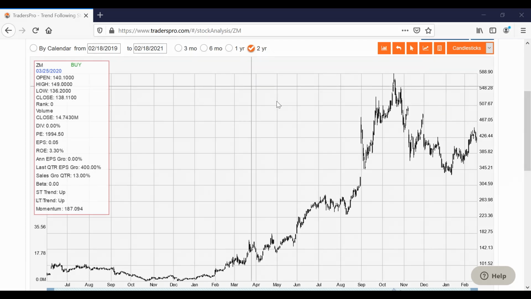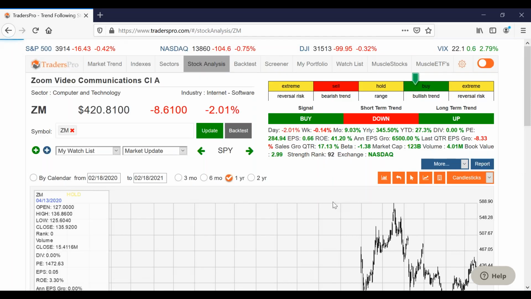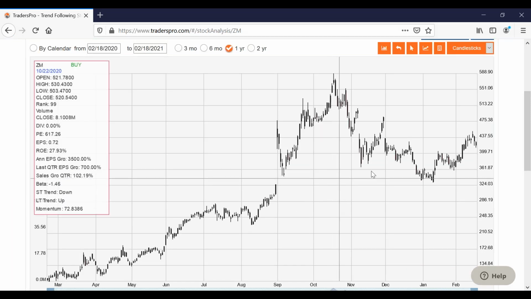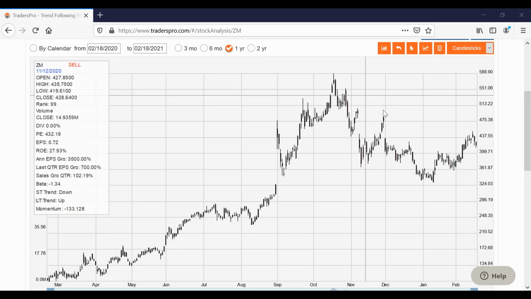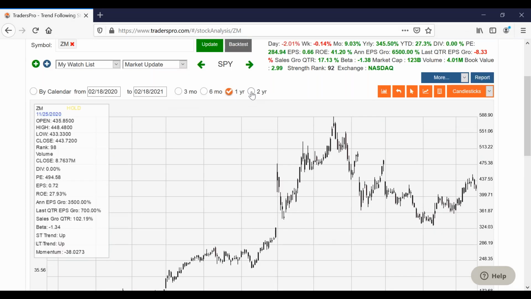Let's go to a 1-year chart on here so we can see a little bit more detail, but not be zoomed out as far. I am looking at this as being wave A, wave B, wave C. Another thing we can add in, let me go back to a 2-year chart. I got to go over time a little bit here. Hopefully that's okay.